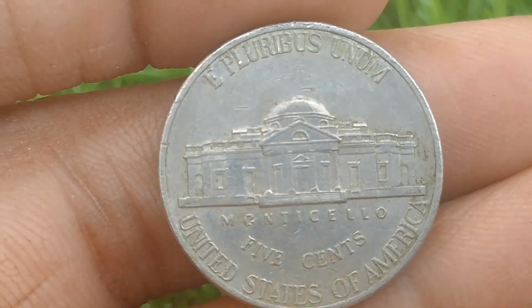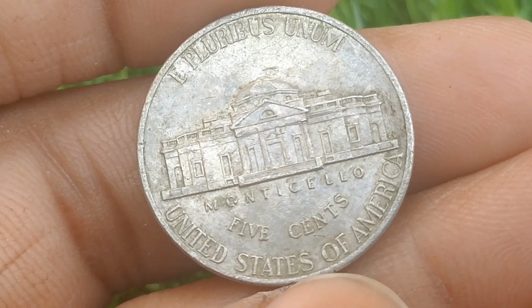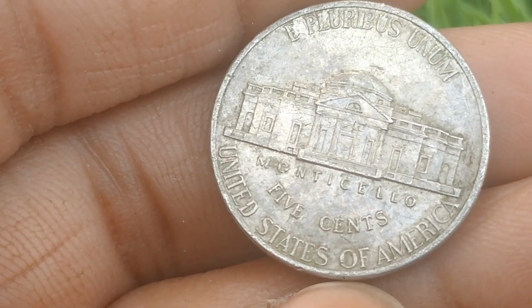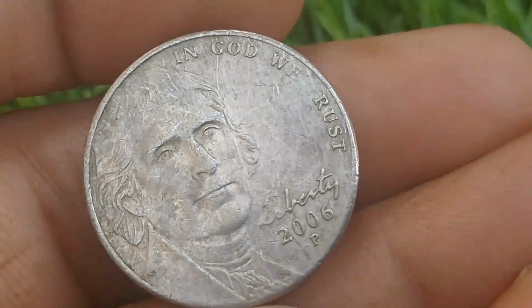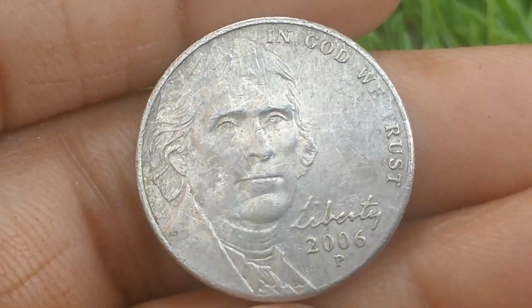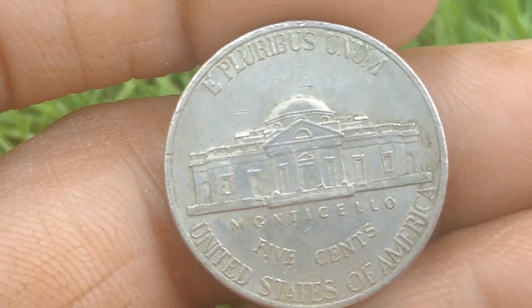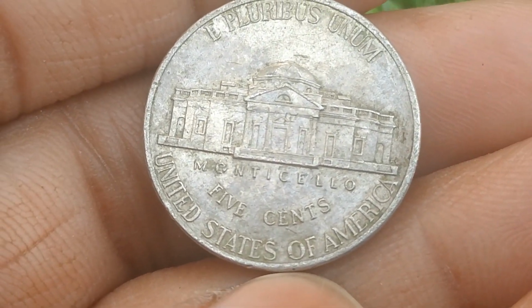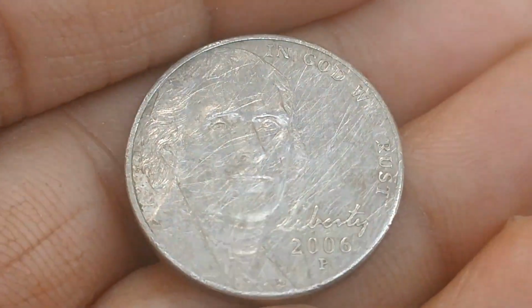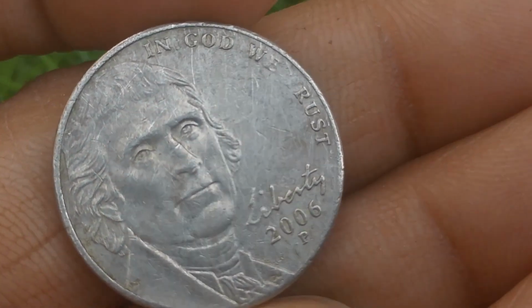Rarity and market trends. In the broader scope of numismatics, the 2006 P nickel is considered a standard issue coin and doesn't hold the same level of rarity or value as some older or more limited mintage coins. However, numismatics enthusiasts may still find value in collecting these coins, especially if they focus on the different varieties, grades, or minting errors. Rare coins often see a spike in demand when collectors seek to complete a specific collection or find a unique piece. While the 2006 P nickel is not widely considered rare in the traditional sense,